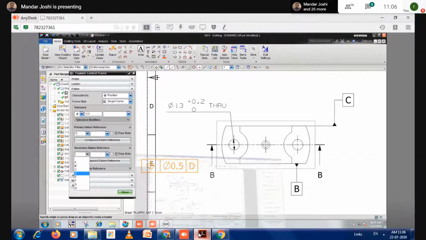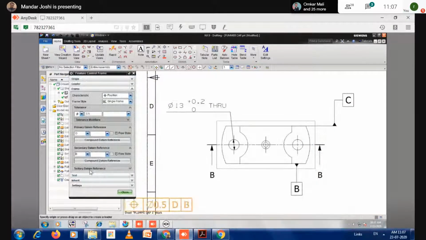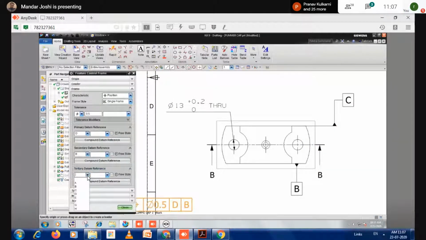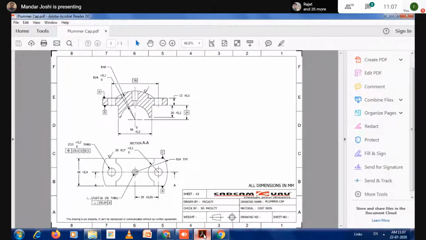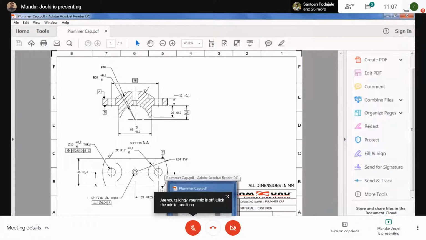What is given there? B. So I'm taking B here, and after that, next step C. So these three datum identifiers or references are put in. My geometrical tolerance or GD&T tolerance feature control frame is completed.